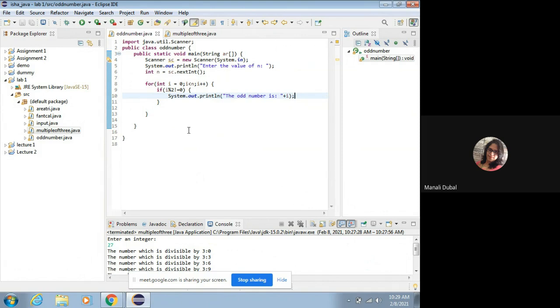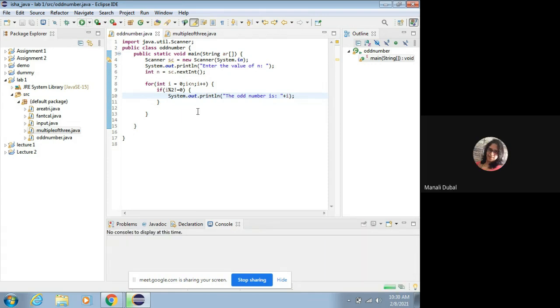You are printing the odd numbers. Okay, you are printing n odd numbers, right, bacha? Yes, ma'am. See, this question is for this. The solution that you are writing is for printing all the odd numbers till n. Okay, it is printing all the odd numbers till 27, right? No, ma'am. This output is of the second question. Third is the multiplication by 3. Can you repeat what you are telling?